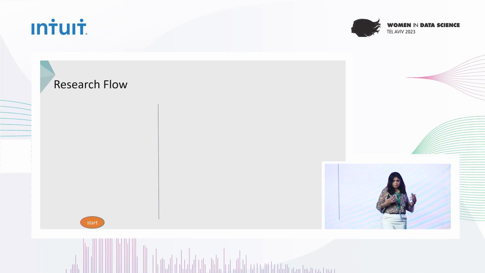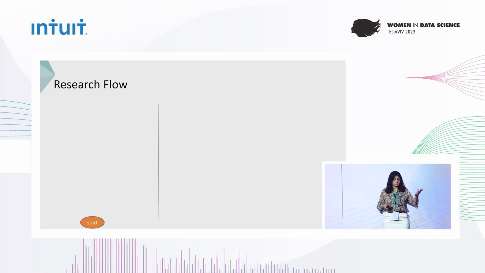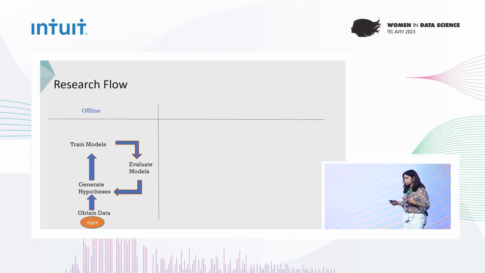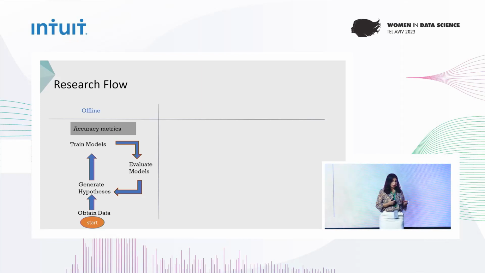When we want to start a research project in industry or in academia, for example, to develop a new service or a new algorithm or something innovative, or where there is a need to improve some service or some algorithms, a common research flow in recommender systems and also in other machine learning domains is based on first obtaining or collecting data, generating hypotheses, training models, evaluating the model with iteration over many variants of the algorithm, evaluating the model with some accuracy offline metrics until we reach a set of best algorithms, while academia stops here and hopes